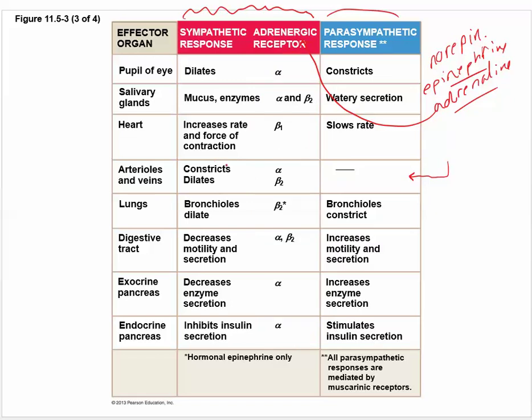So that's why we have this thing where we can release epinephrine, adrenaline, norepinephrine, epinephrine or norepinephrine, and if we activate a certain subtype, alpha adrenergic receptors, it'll constrict the blood vessels. If we activate a different type, beta 2 in this case, we'll dilate them. Okay, and to make this even more relevant, if we look here at the lungs, it also has this beta 2 adrenergic receptor.